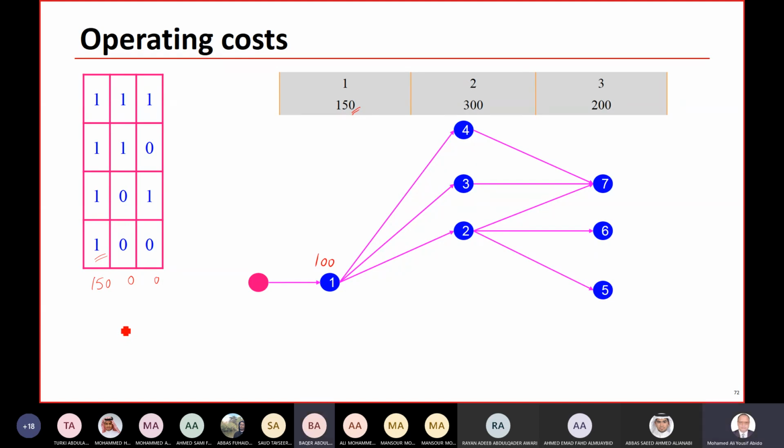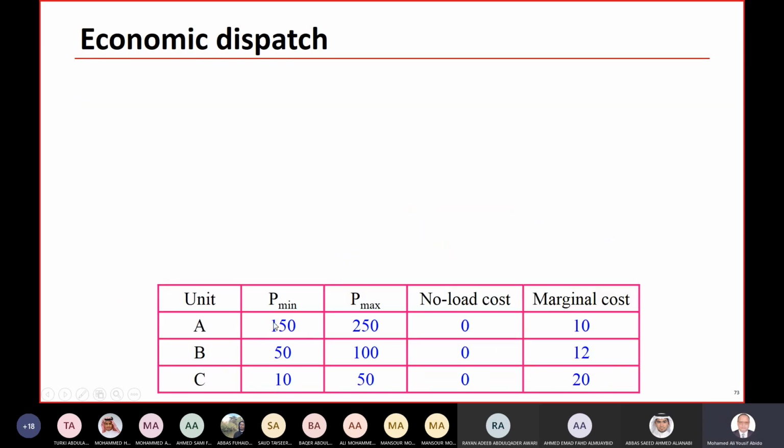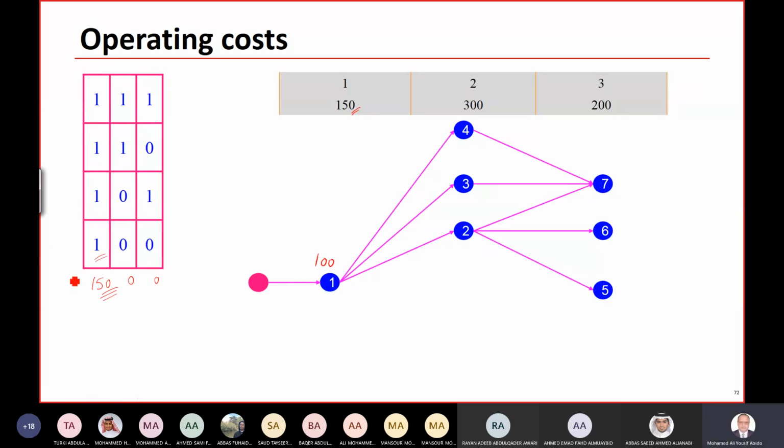Am I right? Yes. Okay, for example, for this one, how much is the cost? If this is the case, how much is the operating cost? Let us say the load is 150 megawatt, the unit given here is unit A, which is on, and the marginal cost is $10 per megawatt hour. So the operating cost for this combination will be 150 times 10